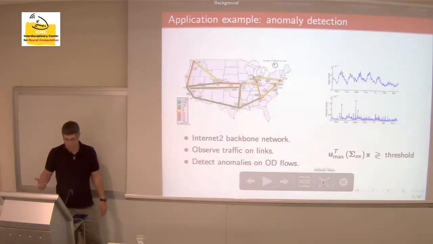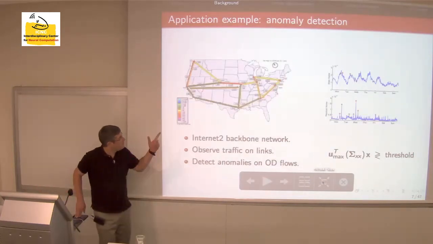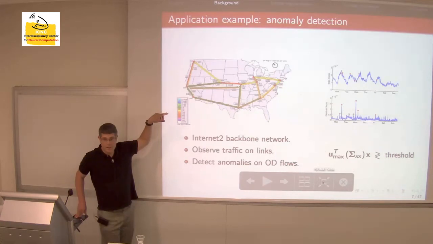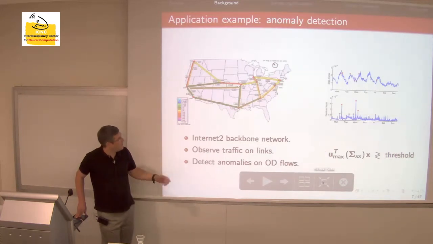Another example, here is the United States, the Internet2 backbone network, the Abilene network. You observe the traffic on the links here, and you're trying to detect anomalies in the data here. One of the anomalies are, I won't go into the details, but they're in some kind of hidden subspace. And the classical thing to do here is PCA, which basically takes, again, your measurement X and projects them on